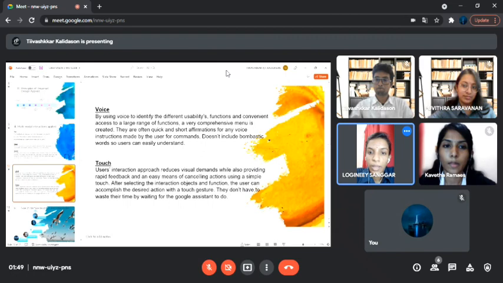User interaction approach reduces visual demand while also providing rapid feedback and an easy means for cancelling action using a simple touch. After selecting the interaction object and function, the user can employ the desired action with the touch. They don't have to waste their time by waiting for the Google Assistant to do. Next slide.